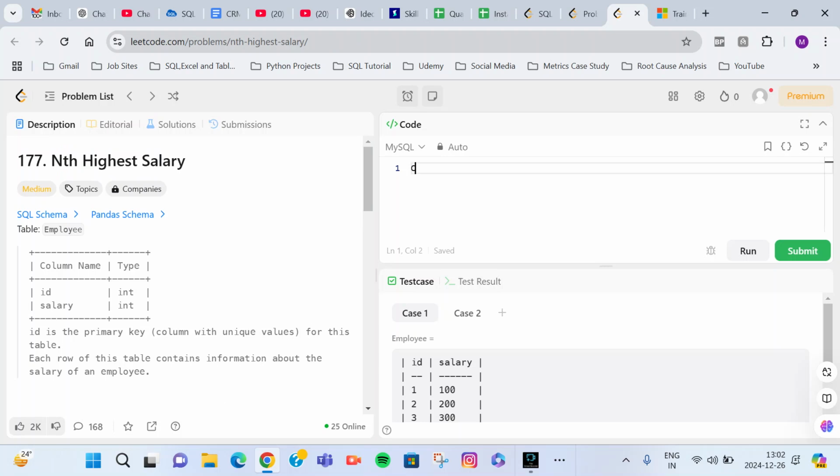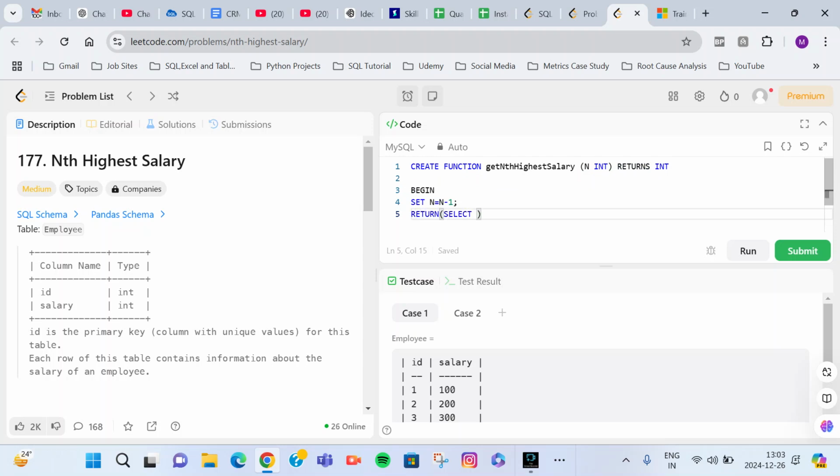We will write create function getNthHighestSalary, with n as an integer, returns integer, begin, set n equals to n minus 1,